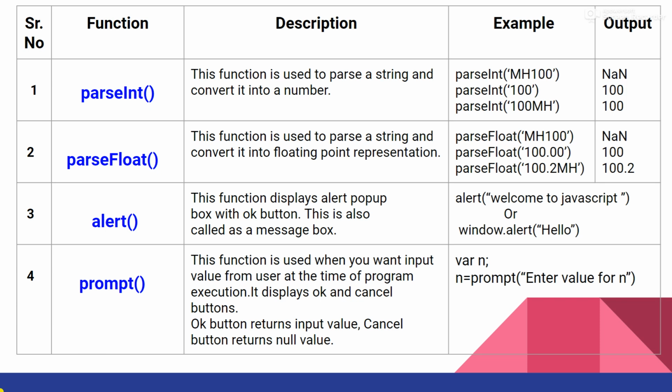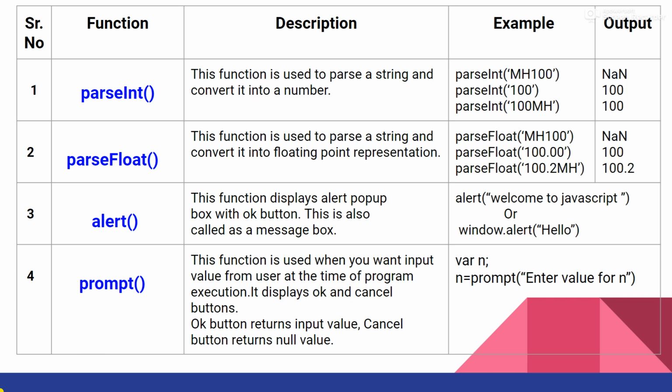Third example, parseInt, then it will start from the left. It will parse from the left 1 0 0, till 1 0 0. It finds that it is a number, and after that it finds that it is not a number, right? So up till the values where it is getting a number, it will simply convert that part as a number, and the rest it will ignore. Even if there would have been some number after h, it would simply have ignored it, right? So again the value will be 100.